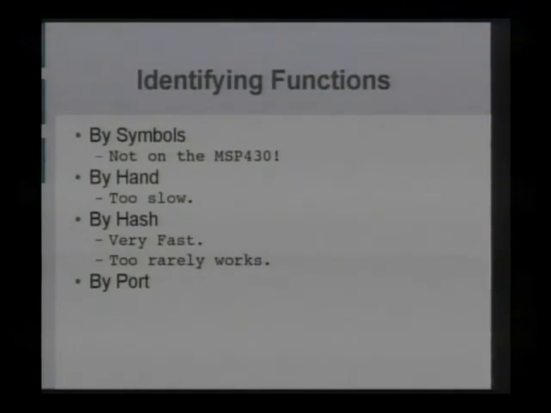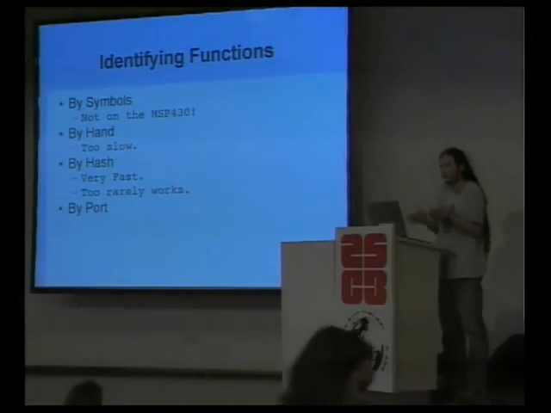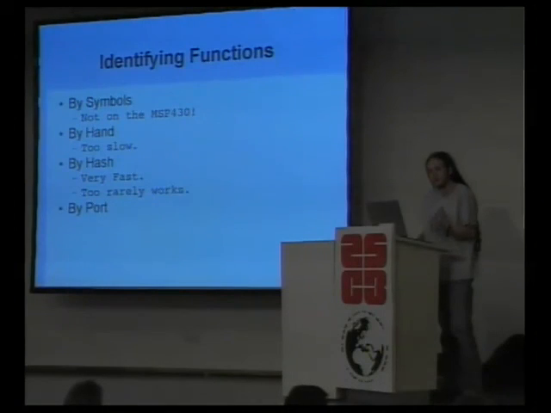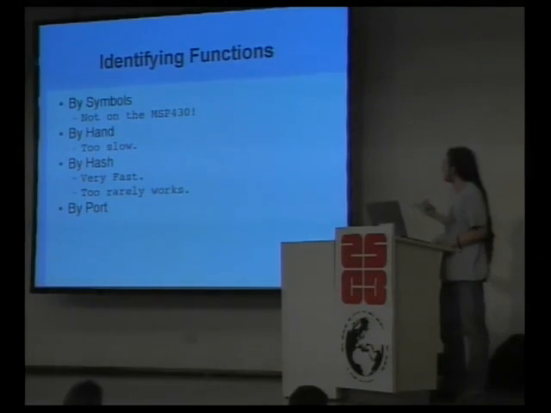To identify functions, you can't use symbols because they don't exist inside of the chip. If you were on a PC, you would have DLLs with indexes. You might have debugging symbols left in by the author. None of that stuff exists within the chip itself. And doing it by hand is too slow for the large number of functions in the smaller image. On the upper one, it's small enough that you can go through by hand and find each one and read it. I also have support for software